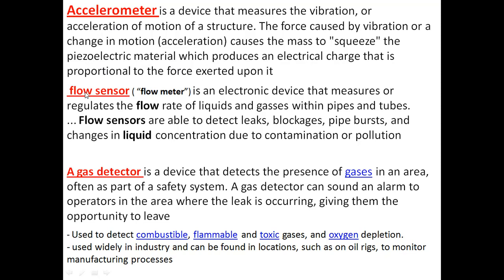So next one is the flow sensors, also called flow meters. This flow meter or flow sensor is an electronic device that measures, controls or regulates the flow rate of liquids and gases within the pipes and the tubes. So these flow sensors are able to detect leakage or some sort of blocks in the pipes or pipe burst, and change in liquid concentration due to some contamination or pollution. So you can take the help of these statements and explain in brief,